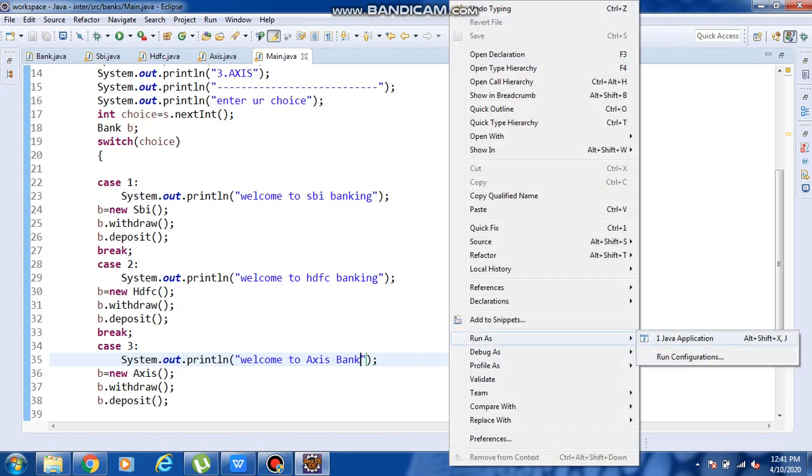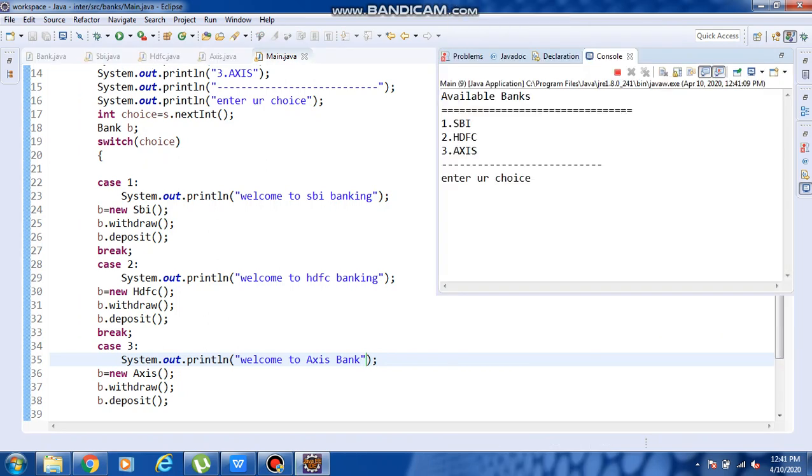Now just for demo we'll run this one time. I am running it as Java application. See how it is displaying. Available banks: SBI is there, HDFC is there, Axis Bank is there. Enter your choice. Now I enter choice 1. Welcome to SBI banking.